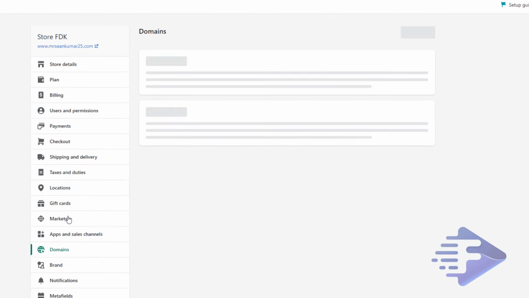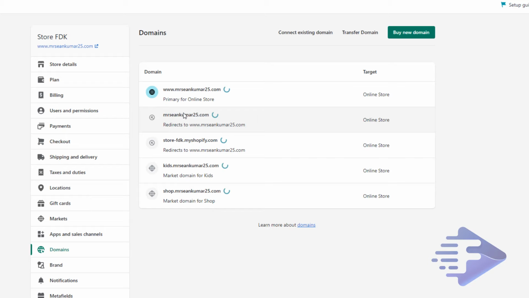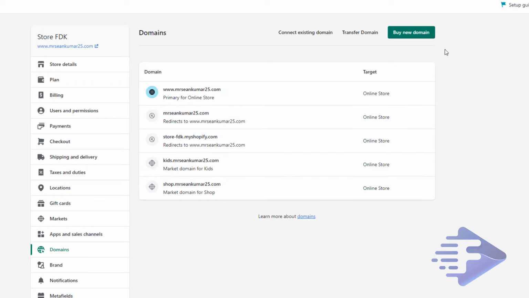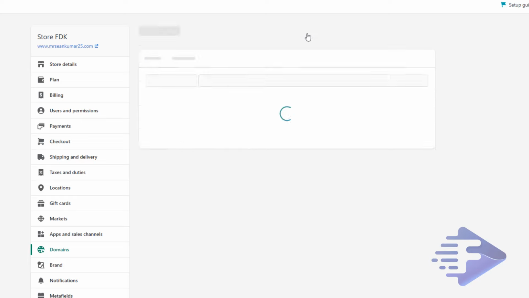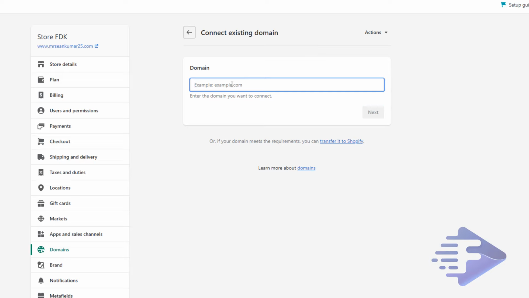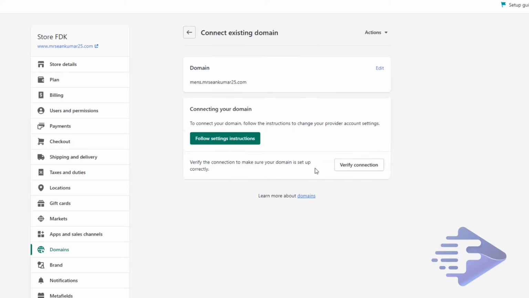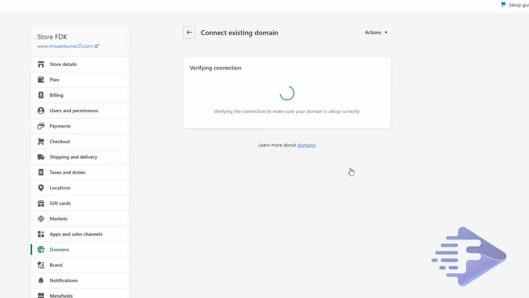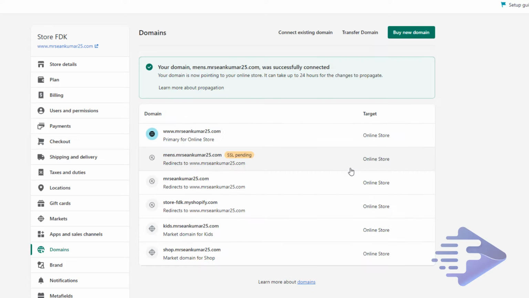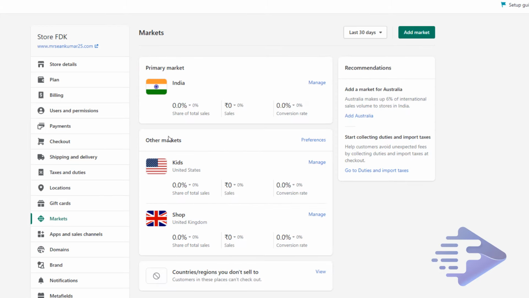In domains, let's connect this domain. Click on connect existing domain, and I'm going to enter this. Next, verify domain connection. So now our men's subdomain is added. So next thing we have to do,